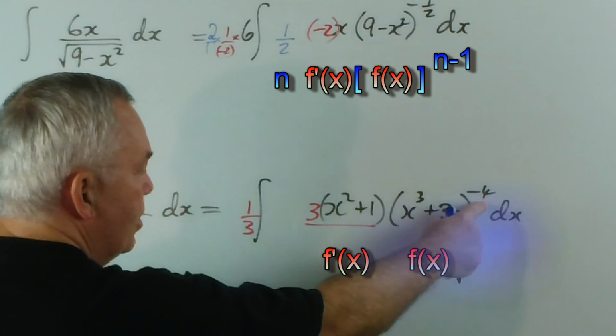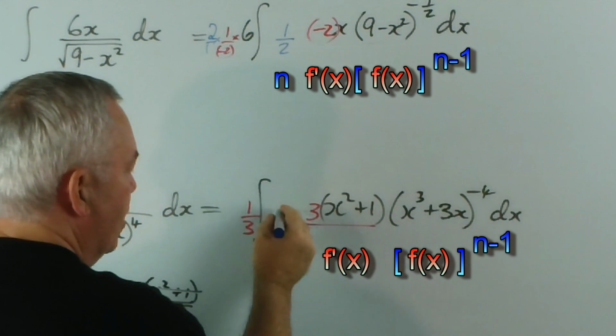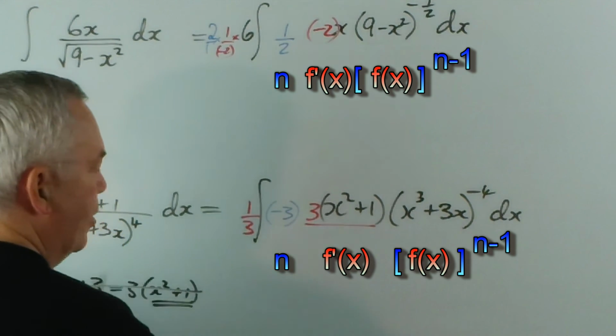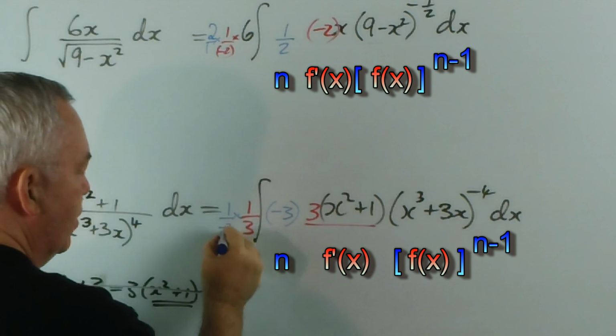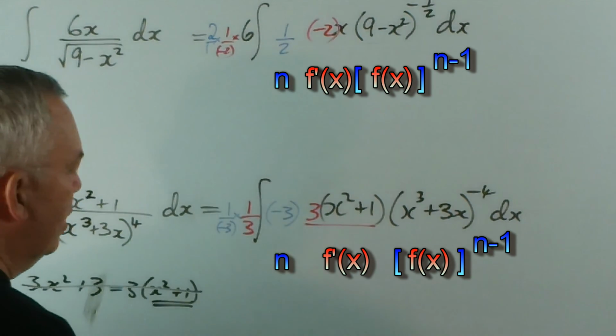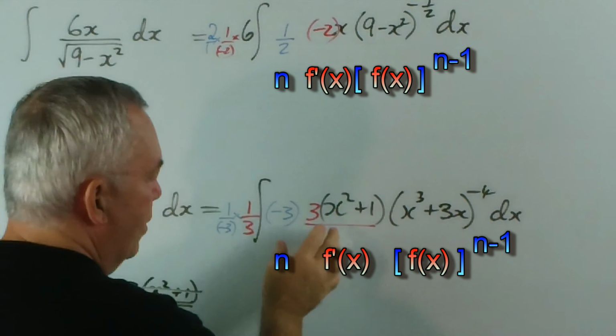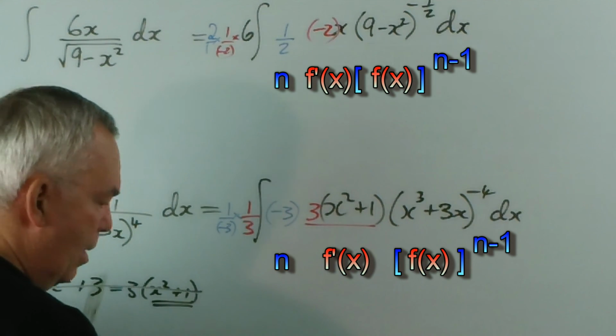If we add 1 to this, we get minus 3, and to compensate for that, we multiply by 1 over minus 3. And now we have the exact pattern we had before. You might remember,